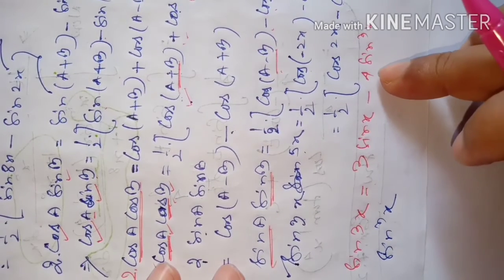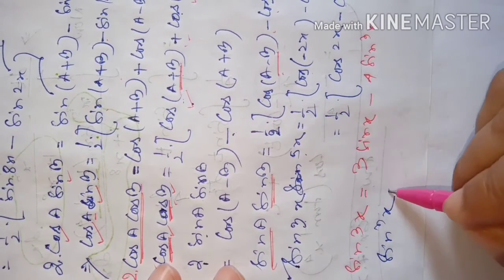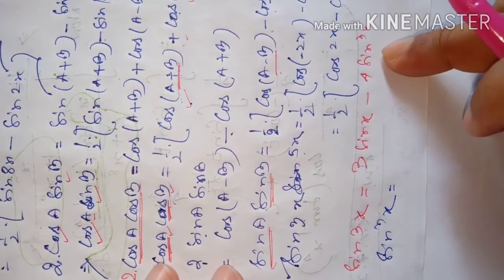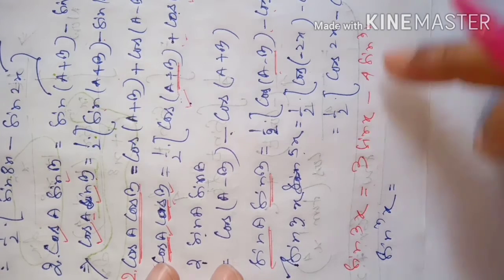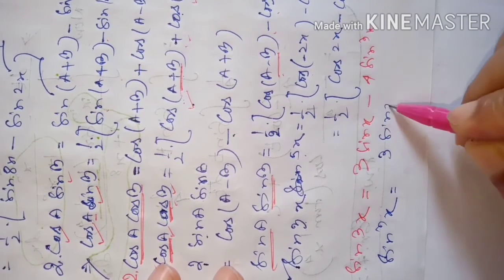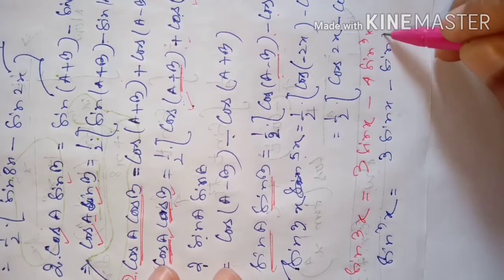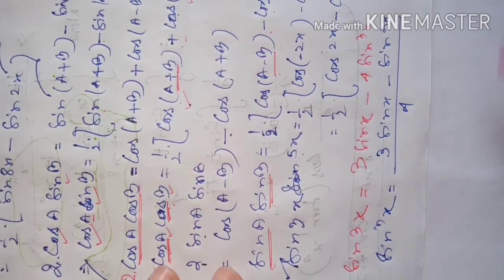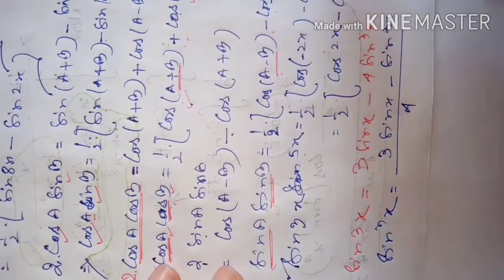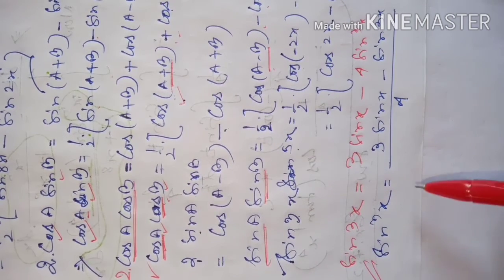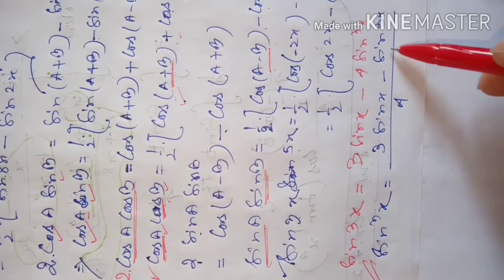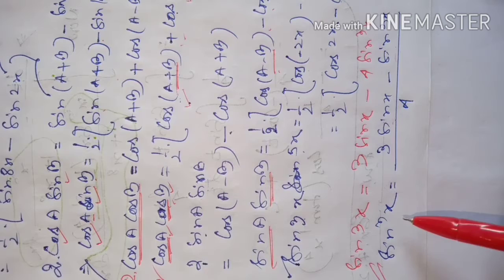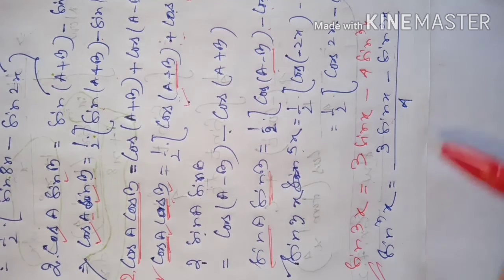Then first you convert this sin cube x, means you transform it from here. Suppose you take this to the left hand side, 4 sin cube x, and this will go to that side. So it will be 3 sin x minus sin 3x, then divided by 4. Okay, dear students. So this is another expression for sin cube x. If the problem is in sin cube x, then directly you can transform it into this form. But this is not the only way, there are so many other ways to find the integration. Okay, but these are some standard forms we should keep in mind.